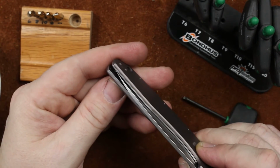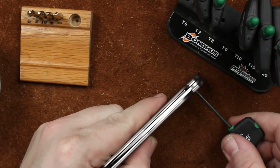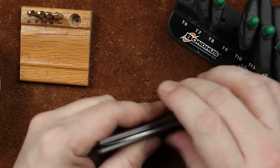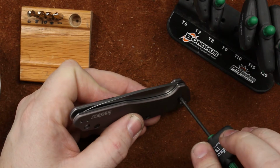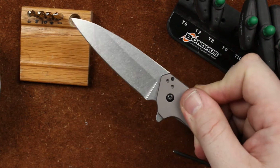Now our blade is leaning a little bit towards the lock bar, so hopefully whenever we loosen this up a bit, it will center right up. Which, lo and behold, it did. That was with the pivot all the way loose. So we'll tighten the pivot up just a little bit, check our action,